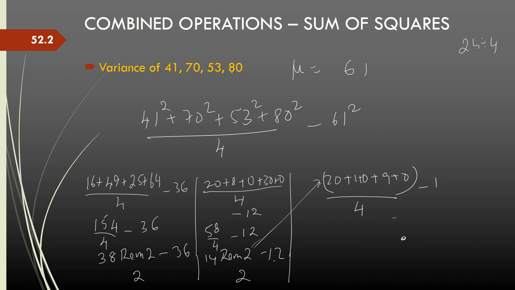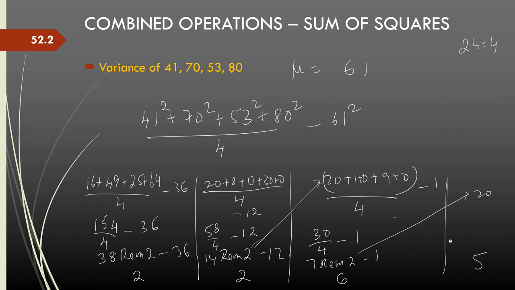I can put the decimal. So after here will be the decimal point. Now this one, this is 21 plus 9, 30 by 4, minus 1. Now 30 by 4 is again 7, remainder 2, minus 1. So this 2 will go to post the decimal as 20, and then this is 7 minus 1, 6. Now 20 divided by 4 is 5.